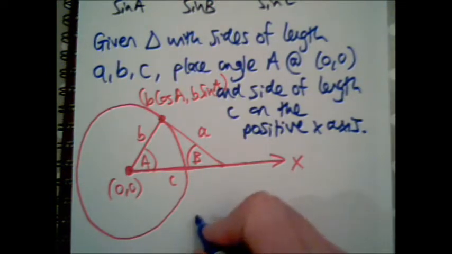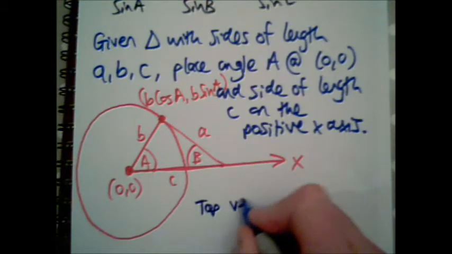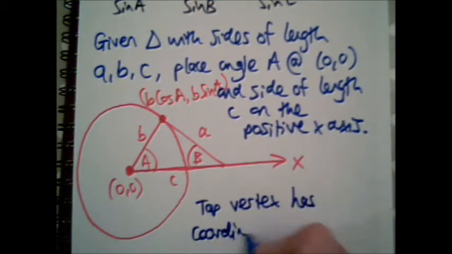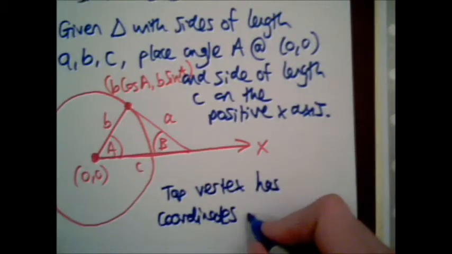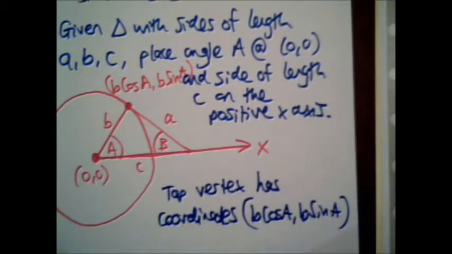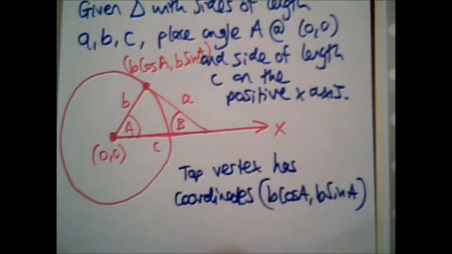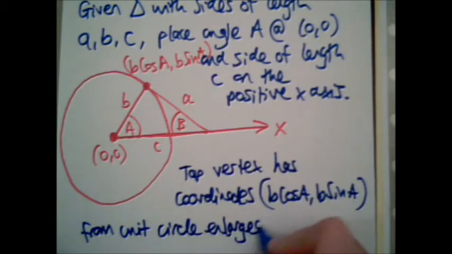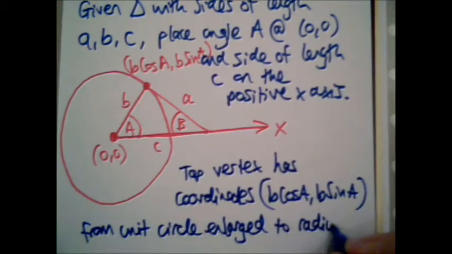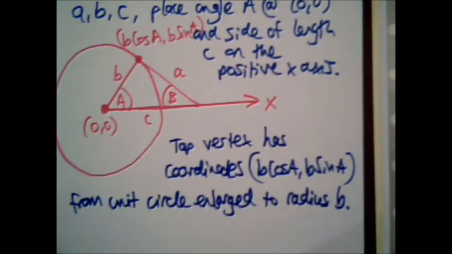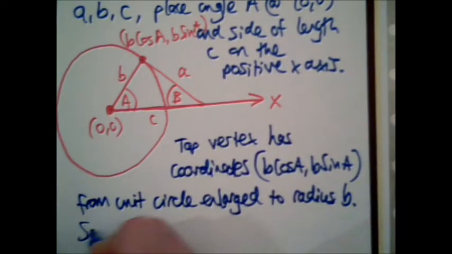So the top vertex has coordinates b cos A, comma, b sine A, from the unit circle enlarged to radius b. Alright? So what that means is that the perpendicular height of the triangle with C as base,